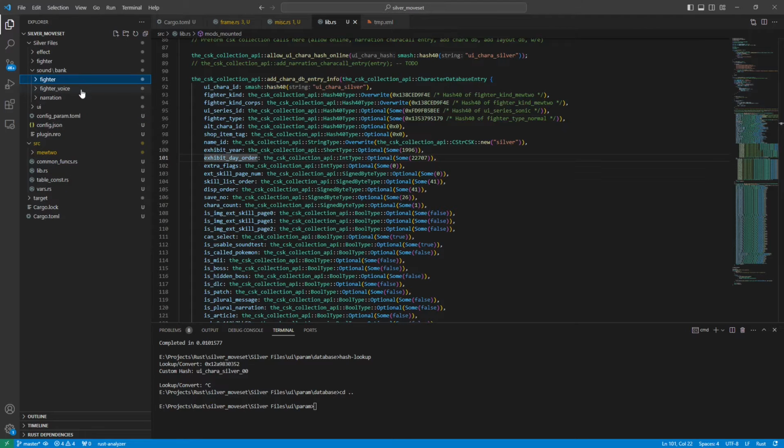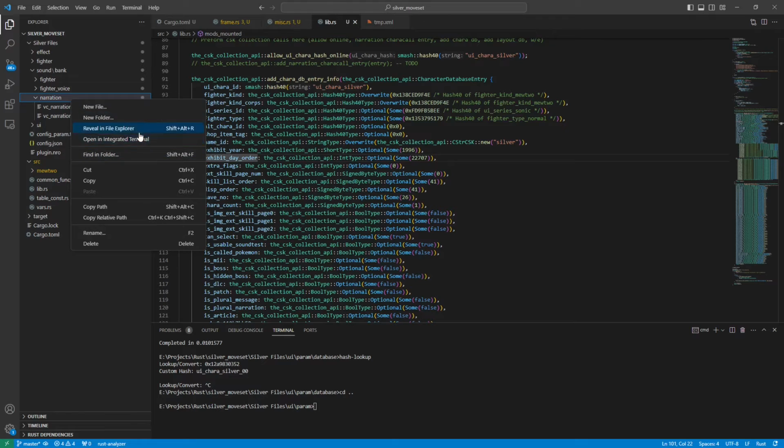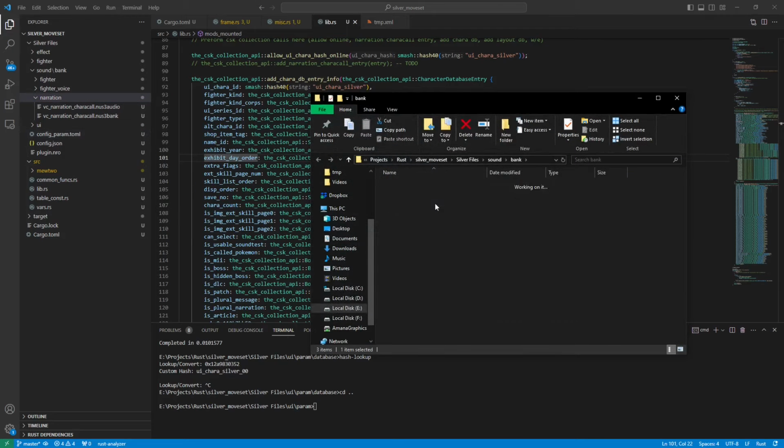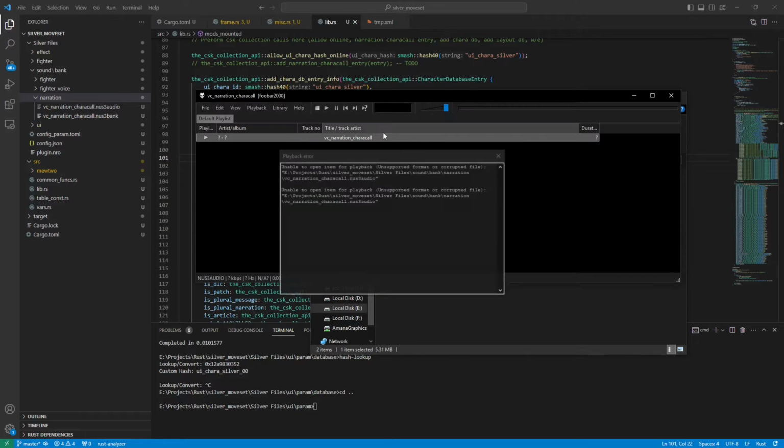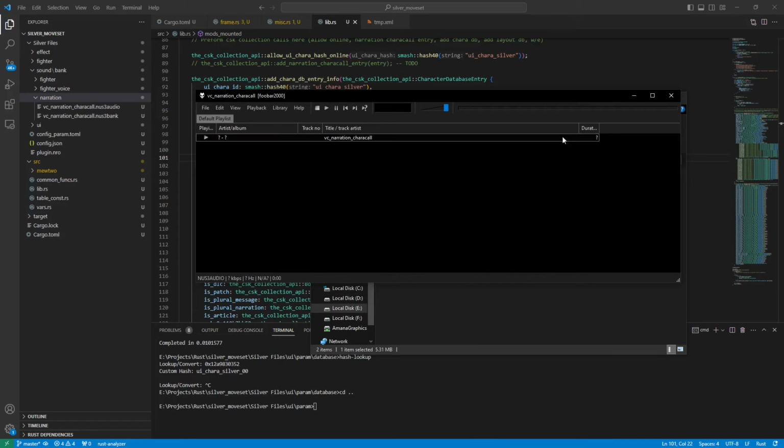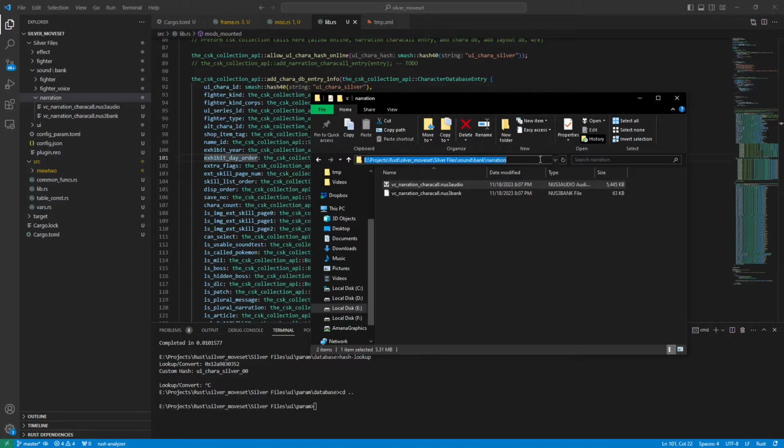Fighter. These are the voice files. Yeah, these are all fine. We can leave them as is. The narration though, we want to edit this, so we'll go to narration. Let's open up the file directly and see which one has silver in it. Oh, it's corrupted. So let's go ahead and just cmd